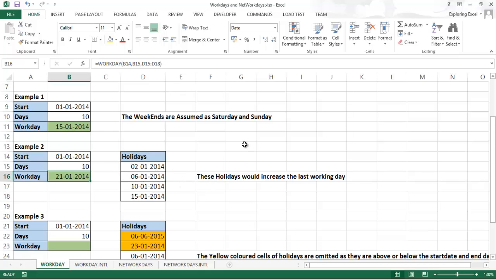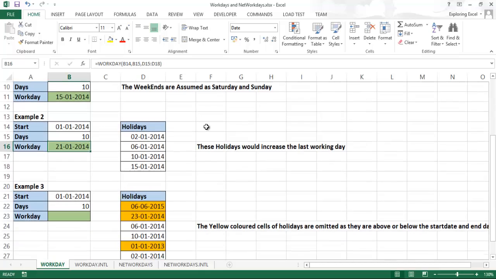These holidays increase the last working day. You can simply change it here: if you have 15 days, you can see it changes to 28th of 1 2014, going from 21 to 28.